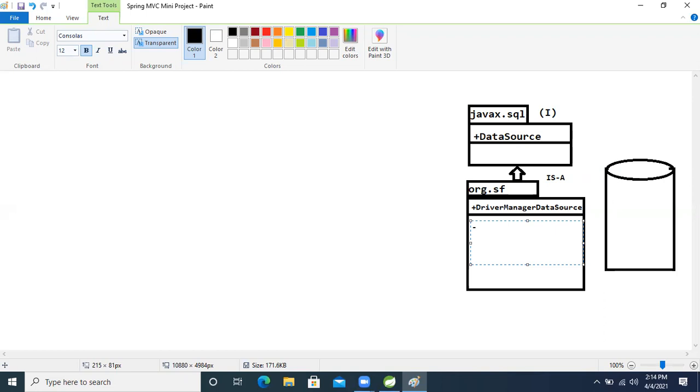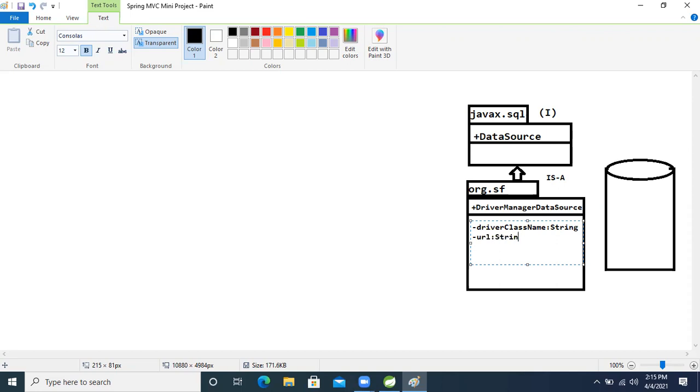The minus symbol means private. The driver class name property, what is the data type? String, right? Another one is the URL, the database URL we will give.